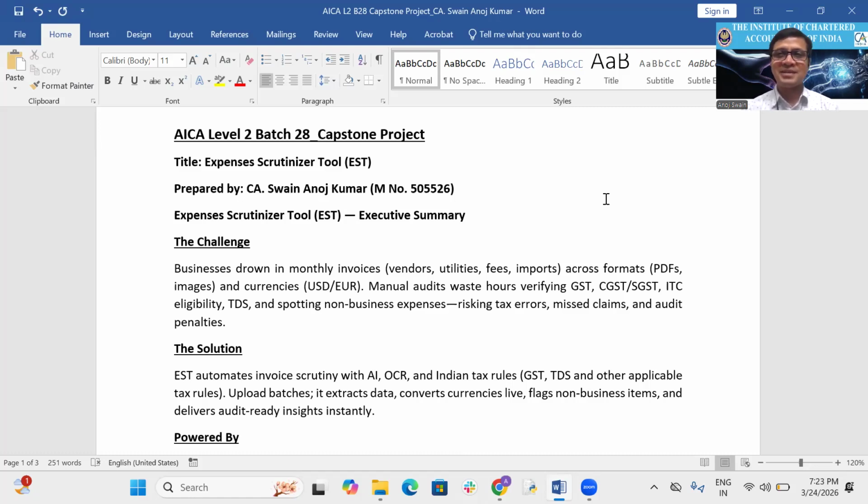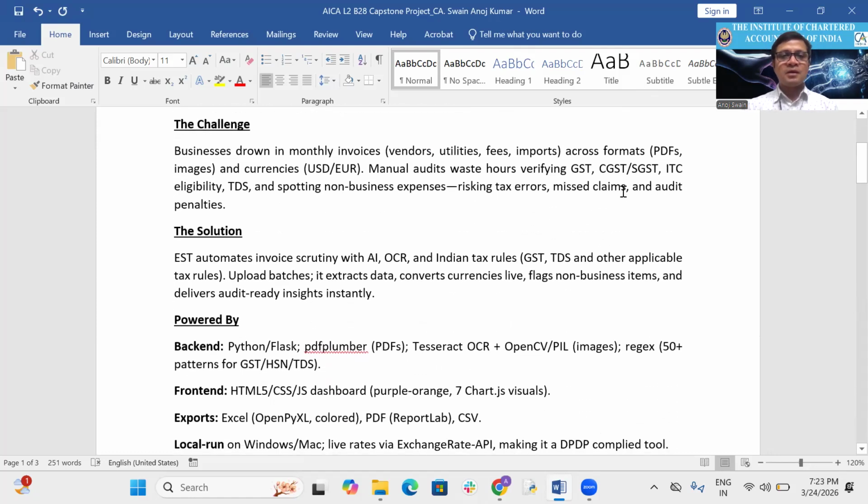So what is the solution for it? Nothing to worry. I have a solution for it. I have explored a few options after learning Python, then Google AI Studio, and other tools during my AI Level 2 certification program. I explored a tool called Expense Scrutinizer tool, wherein we can upload different kinds of